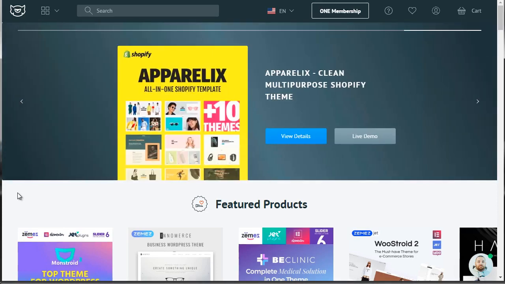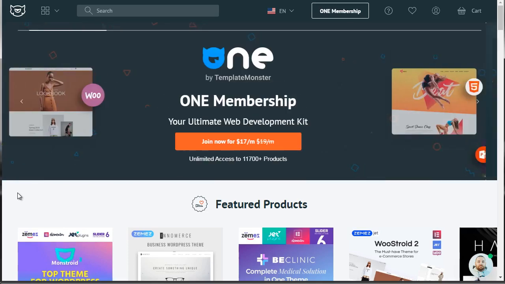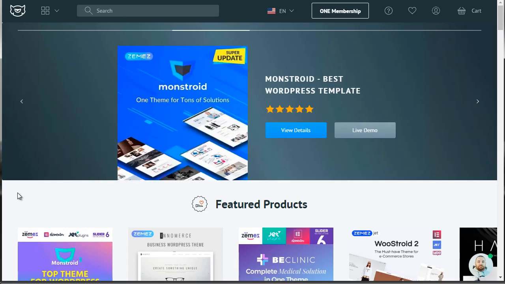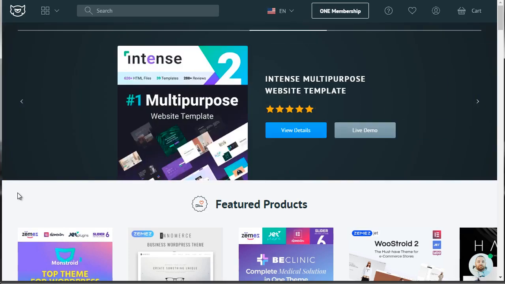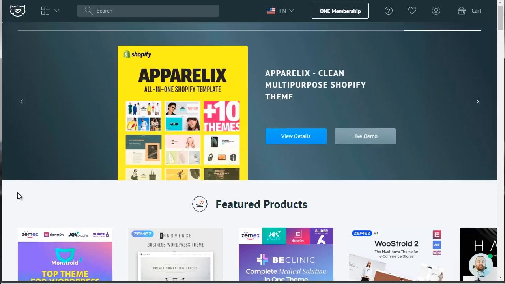So going back to why you want to create your store and what niche you want to create your store for, those are crucial things to have in mind as you begin to look for WooCommerce themes. So what I'm going to do now is just show you different sites that you can go to get WooCommerce themes. The first one is called